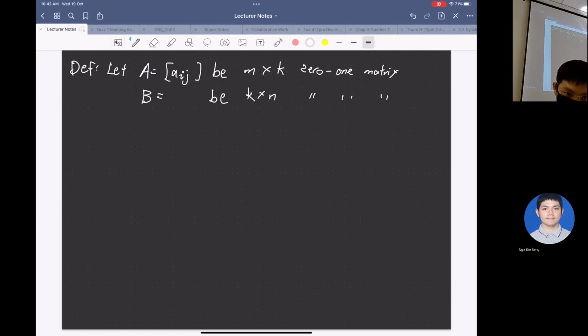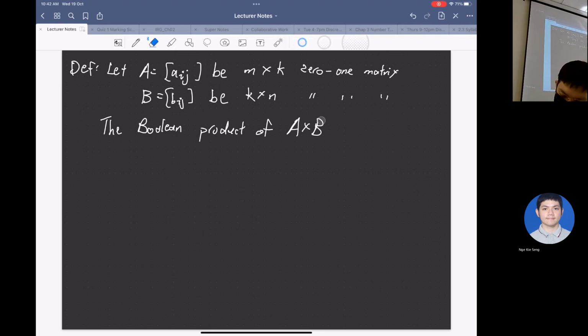So the Boolean product of A and B, we write A circle dot B, is the entry defined as